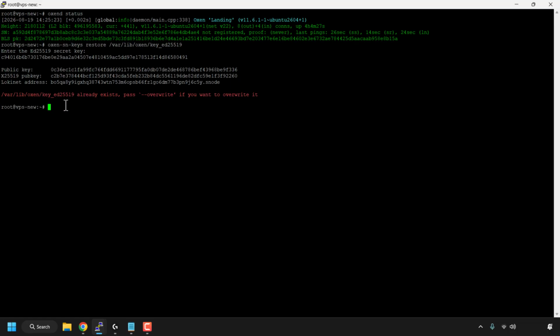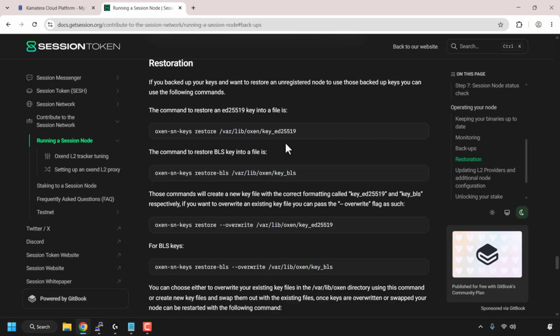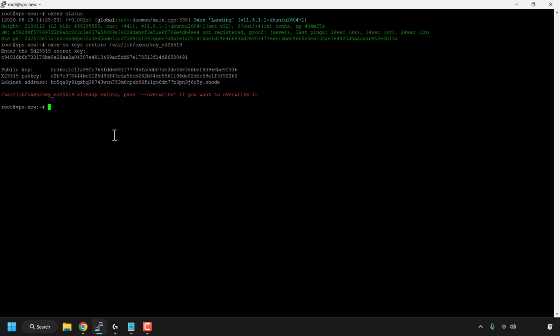So my new VPS already has an ED25519 key, so we're going to need to overwrite the existing key using --overwrite in addition to the restore ED25519 command. To keep everything simple, I'm just going to open back up my browser, and I'm going to copy the restore --overwrite ED25519 key from here. So I'm just going to click on copy to copy it, open back up your new VPS terminal window,